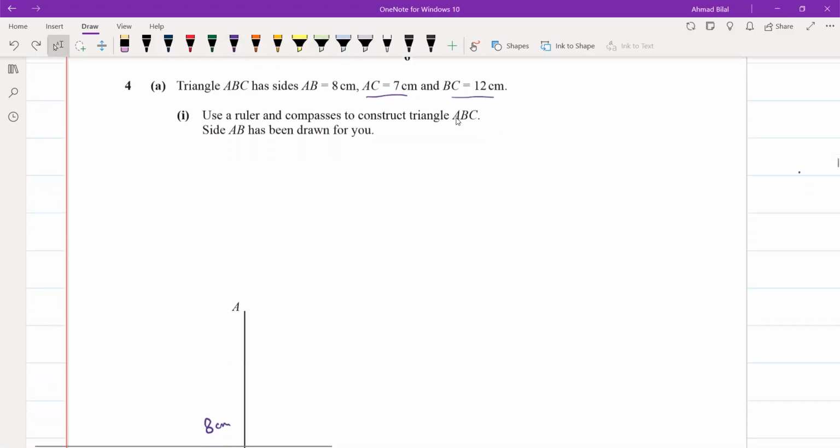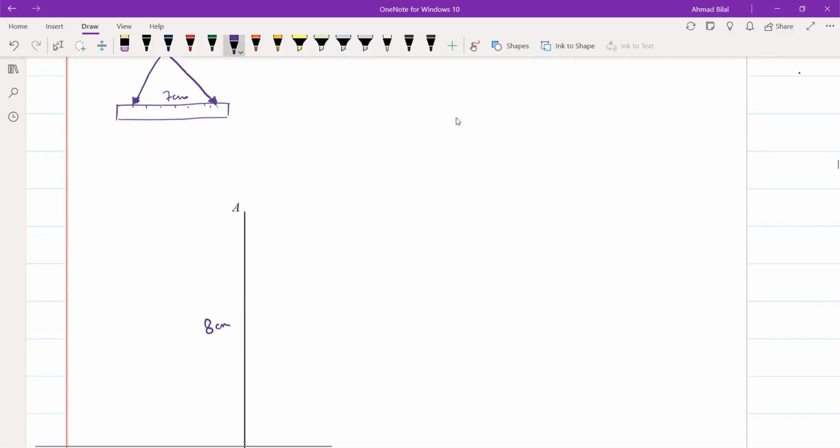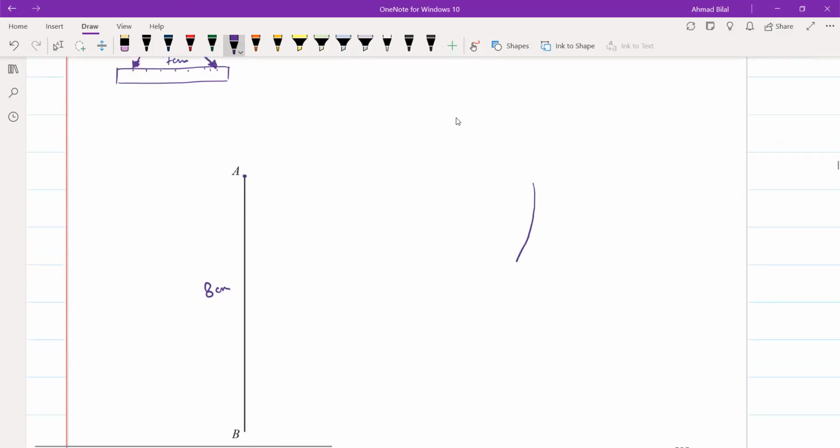A से C का डिस्टेंस 7 centimeters है, what you're going to do is आप अपने स्केल के ऊपर, so let's say this is your scale, okay, this is not very good, but let's say this is the scale that you have, ठीक है, उसके ऊपर कुछ मार्क्स लगे होंगे, आपने कंपास को खोलना है 7 centimeters, और आपने क्या करना है, A के ऊपर कंपास को रख के 7 centimeters की आर्क लगा देनी है यहाँ पे,